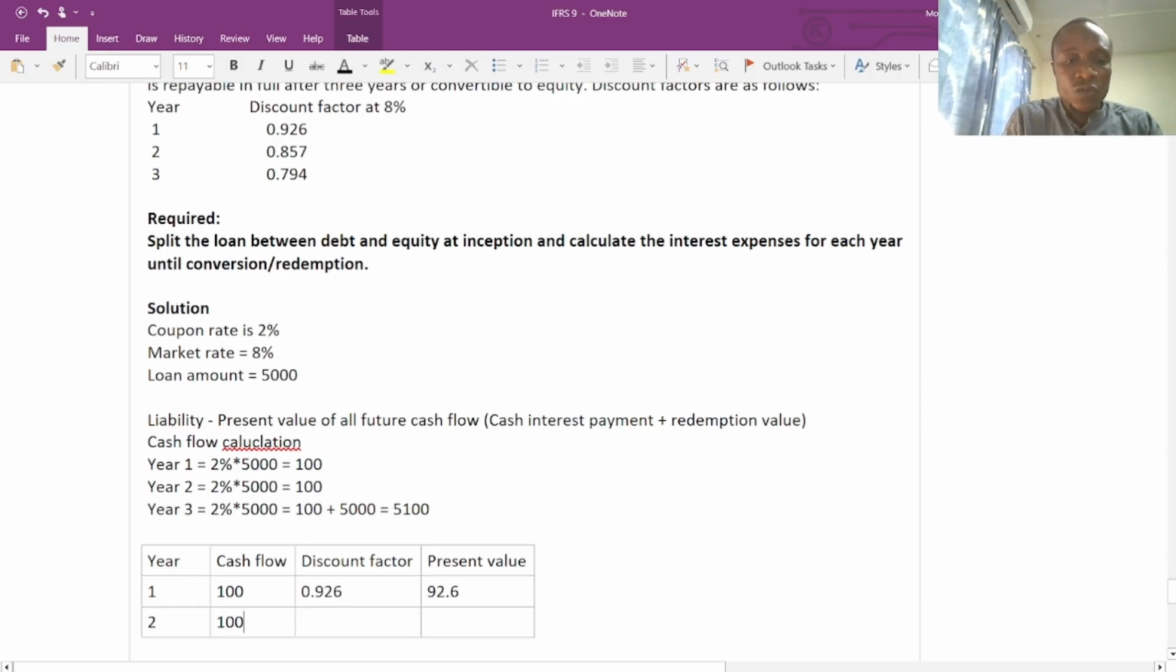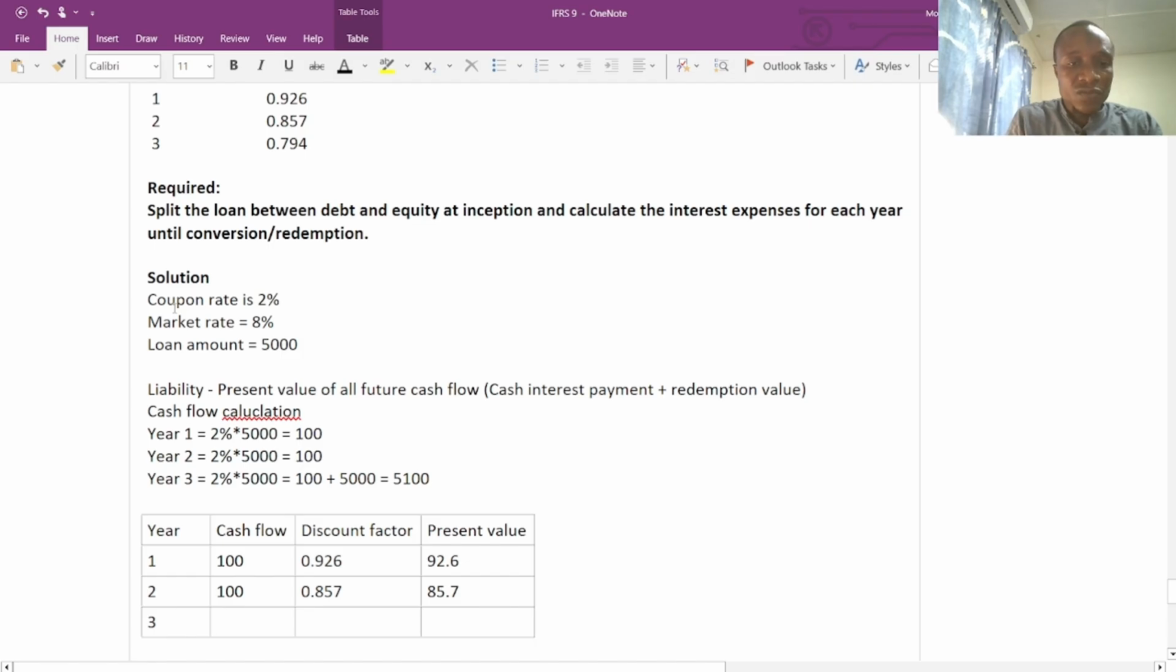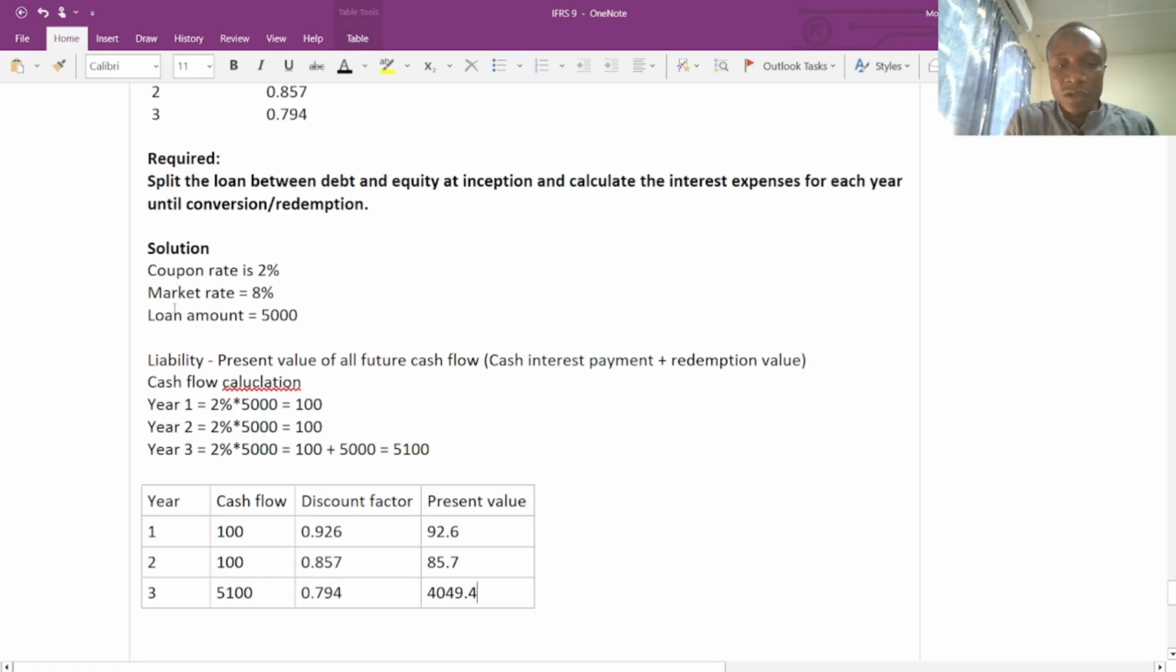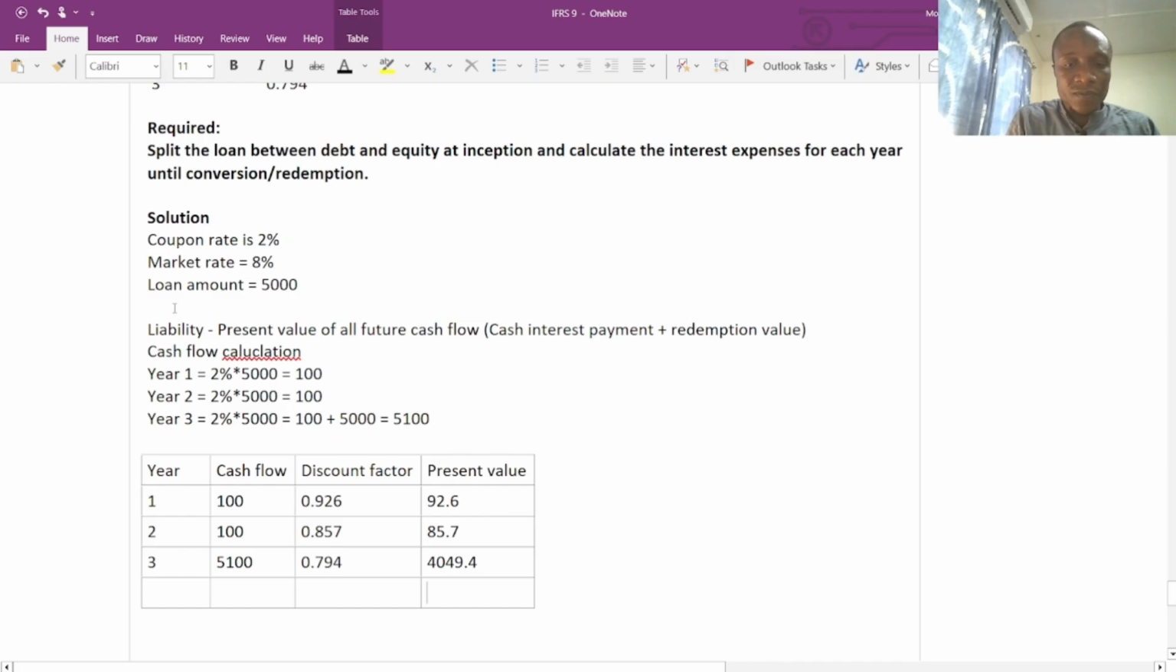Year two, the cash flow is 100. The discount factor is 0.857. And the present value will be 85.7. In year three, the cash flow is 5,100. The discount factor is 0.794, and the present value will be 5,100 multiplied by 0.794, which is 49.4. So basically, the present value will be 92.6 plus 85.7 plus 49.4 equals